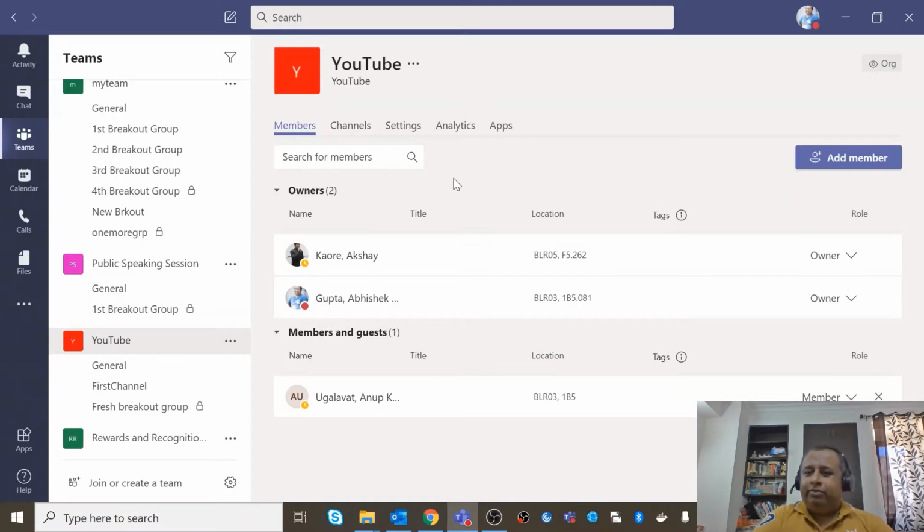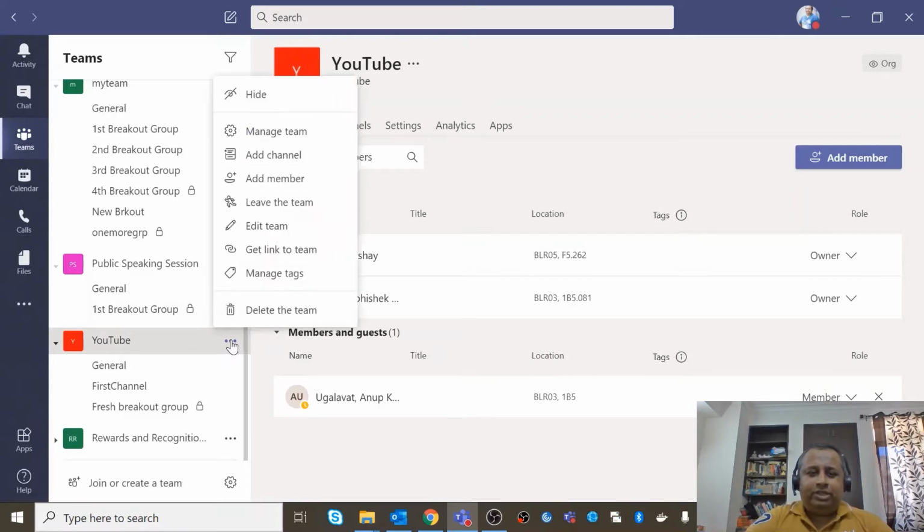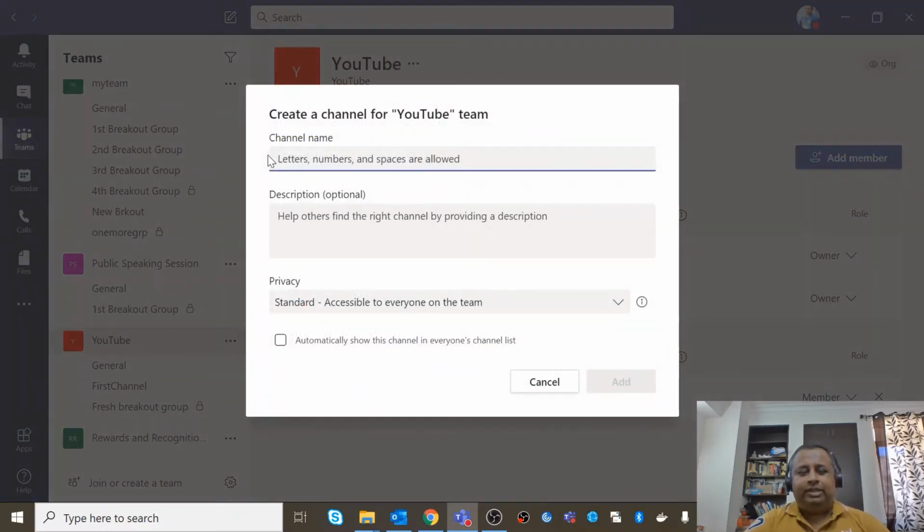Before creating the breakout groups and before starting the training, you might want to add all the participants here beforehand. Once you have done that, the way to create a breakout group is to click on these three dots here, and then you have this option called add channel. I click on add channel, and now I can give it a name like breakout group